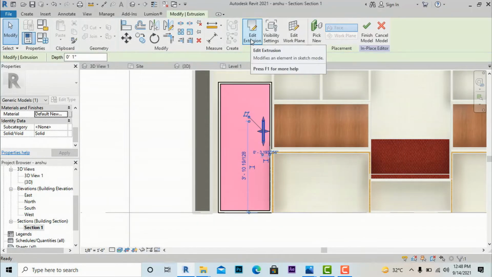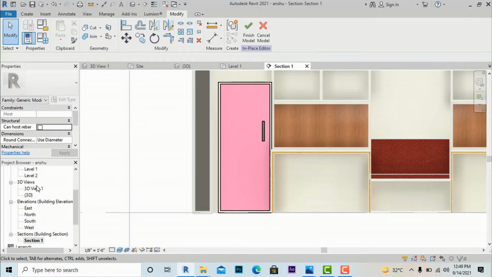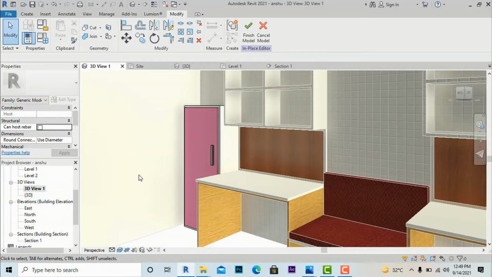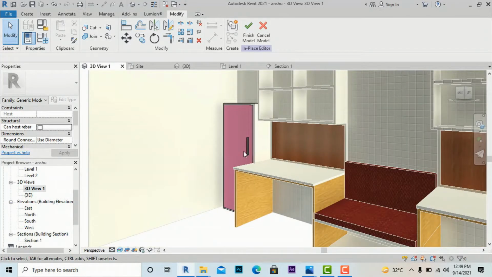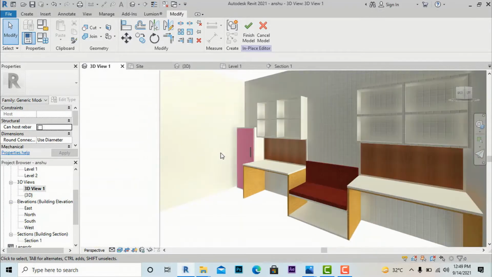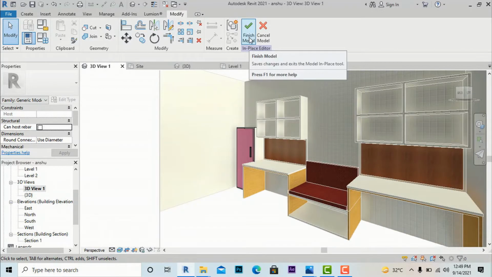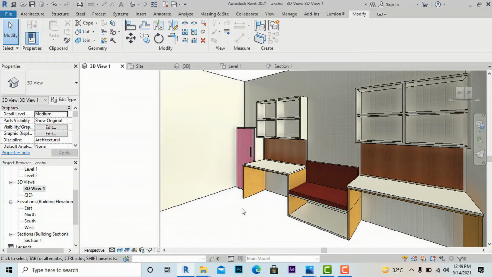And now we'll again take our 3D view. Now you can see one door handle is created. This is just basic, this is not a detailed one. So now I am going to finish this model,